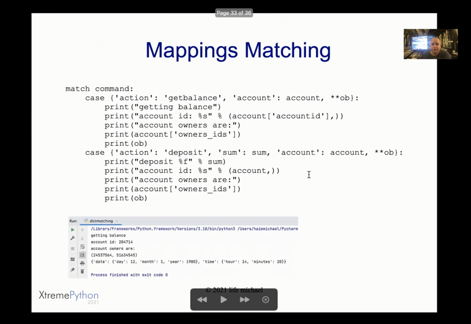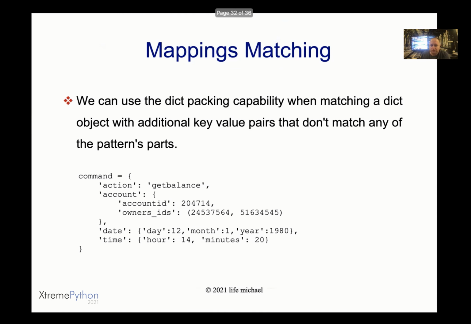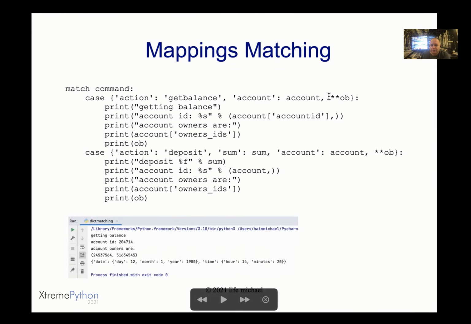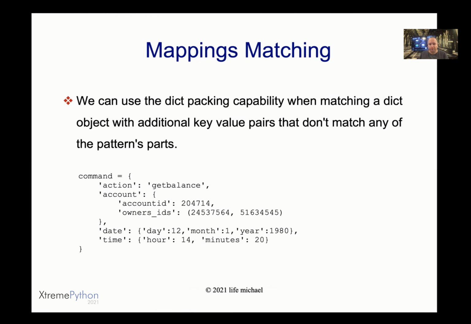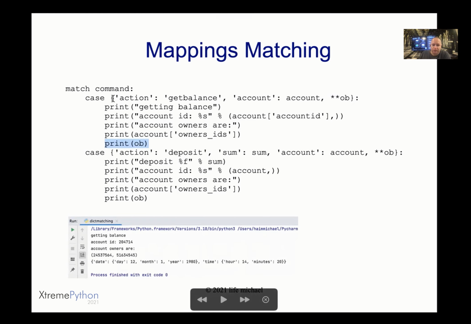If we have a dict object with multiple key value pairs, and we are interested just in the first key value pairs, as in this case, we have the keys action and account that we also have over here. The rest of the key value pairs are packed to a dict object that OB is assigned with a reference. So later we can use that. In this case, print OB, meaning getting the rest of the key value pairs printed to the screen. So when having a dict object that includes more key value pairs than what we see in the pattern, we can certainly have the pattern